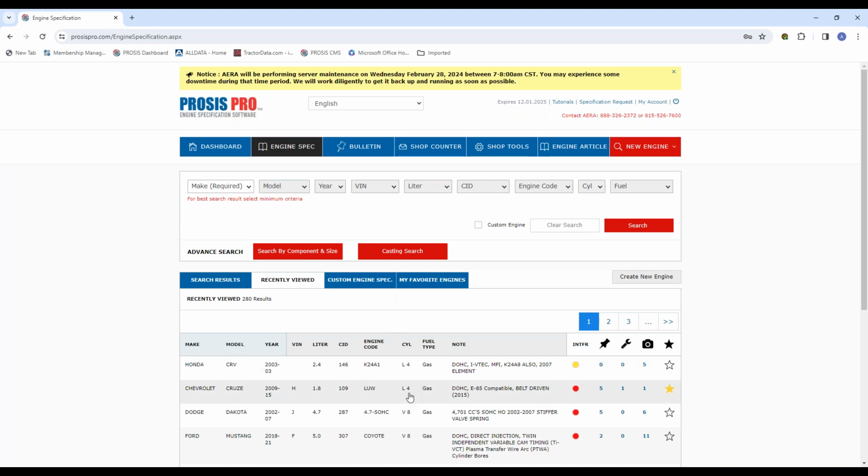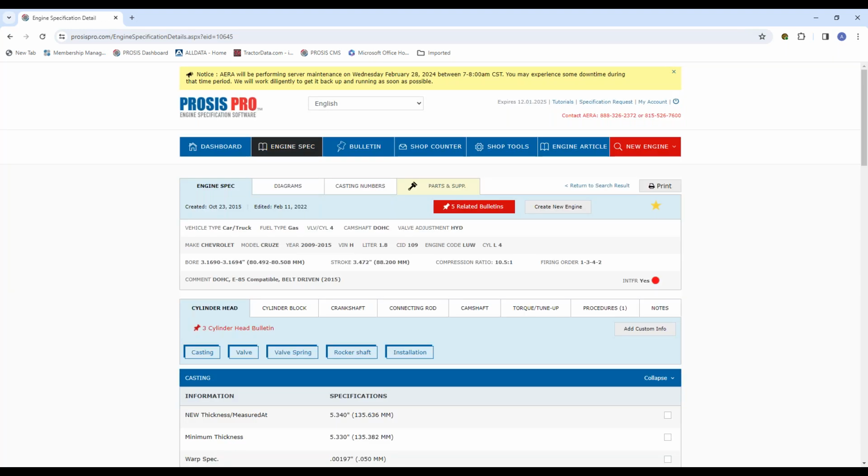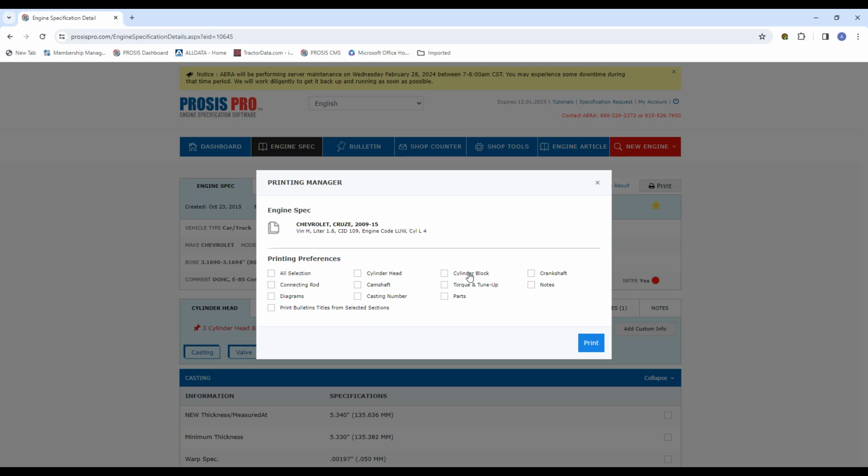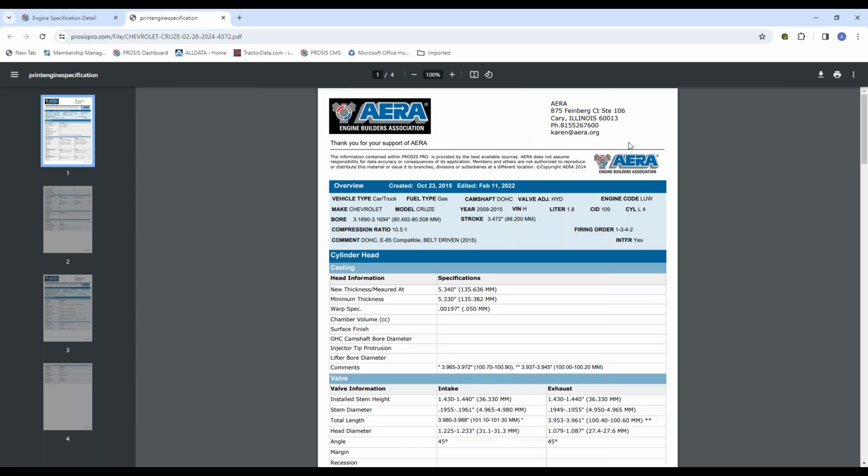Sure. Okay, so let's pick the cruise. What I like to do is when we get to our print feature, for example on this cruise, I'm sure a lot of you are already doing this, and let's say you want to know about the cylinder head and torque tune-up information and want to possibly export that. When I go to the print page and get to the print options, you'll see here, if I go print,